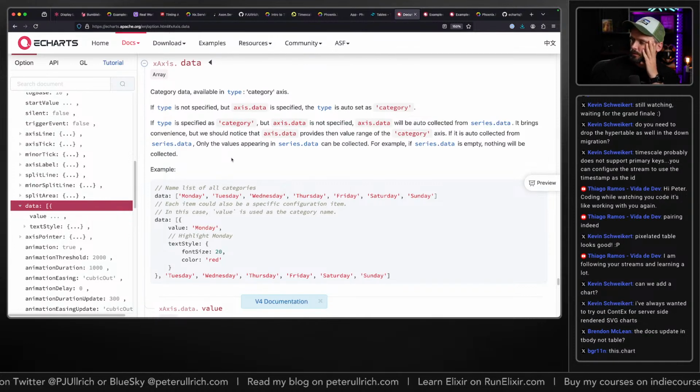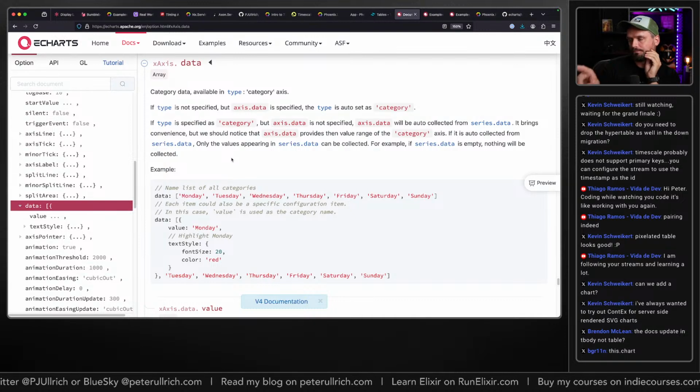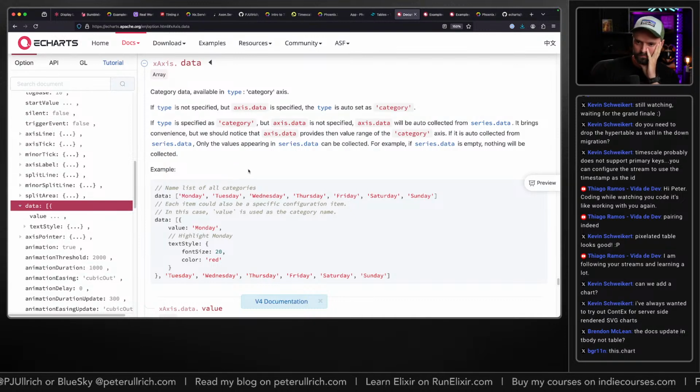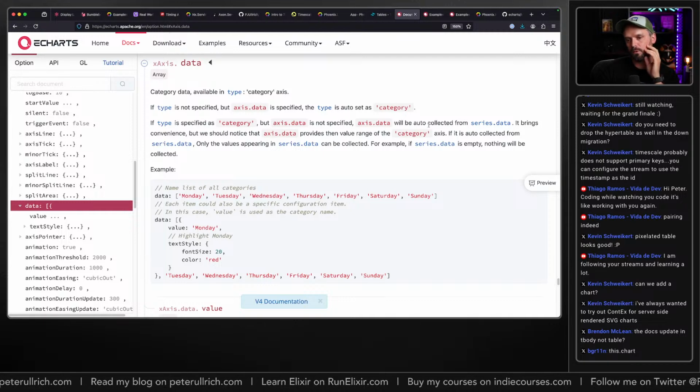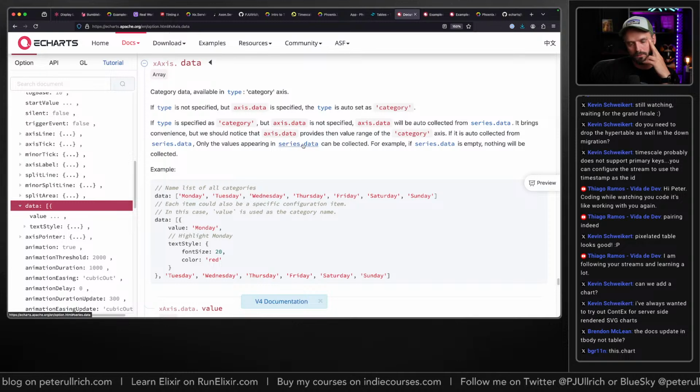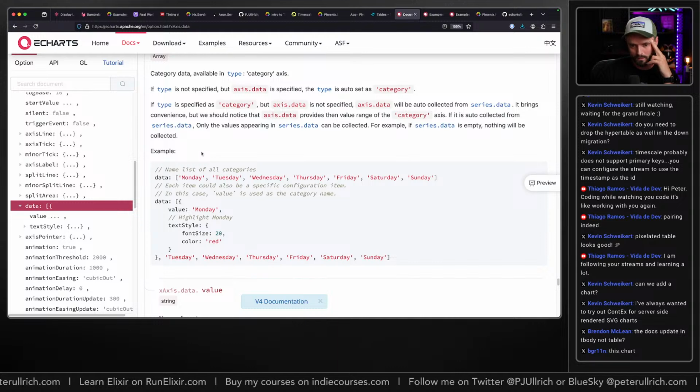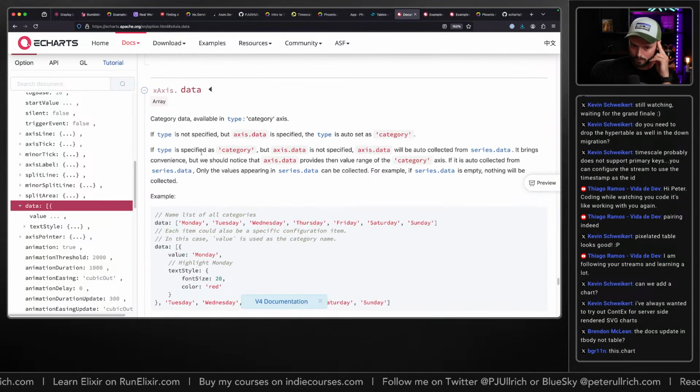I mean, I guess we could also just generate a set time frame. Okay, if type is specified as category, but axis data is not specified, axis data will be auto-collected from series data. It brings convenience, but we should notice that axis data provides the value range of the category axis. If it is auto-collected from series data, only the values appearing in series data can be collected. Yeah, that's okay. We can do that, but